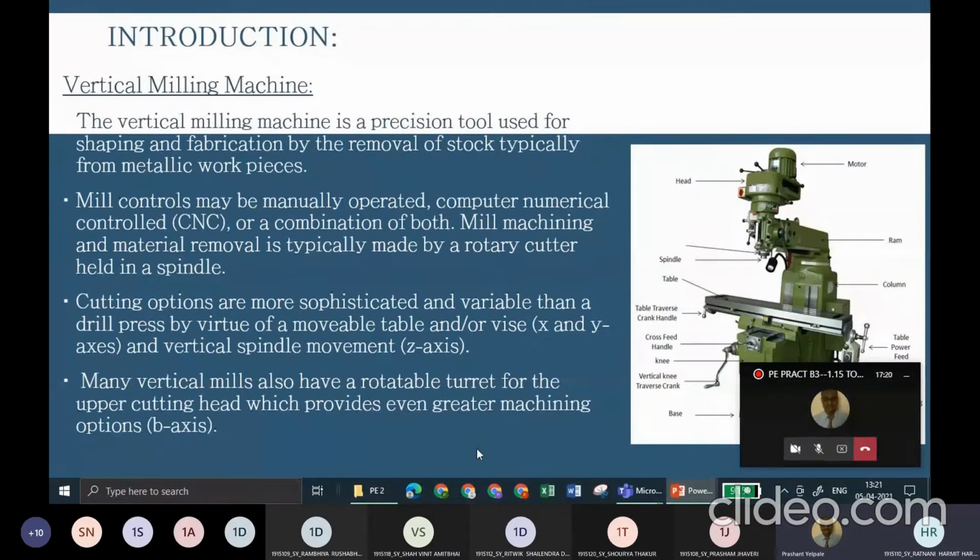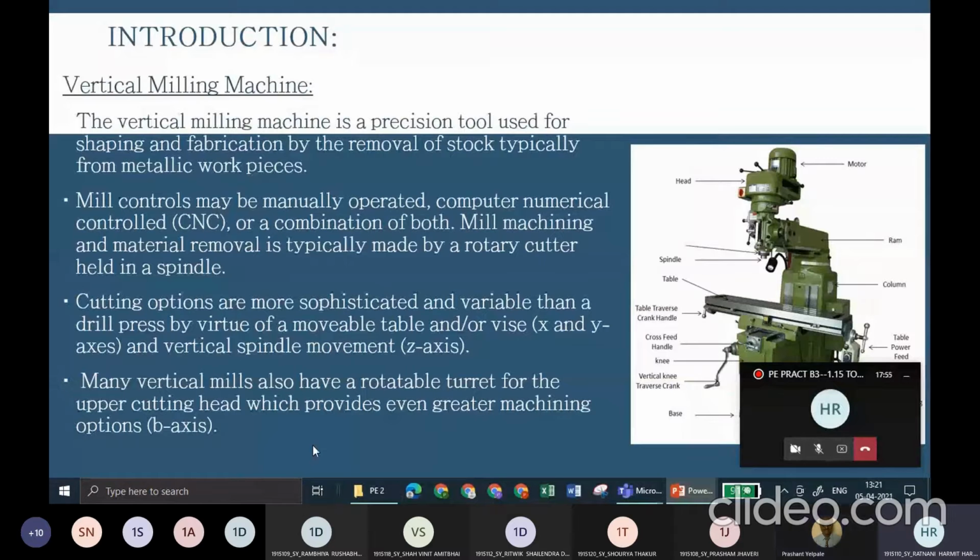Basically, a milling machine is a precision tool used for shaping and fabrication by the removal of stock, typically from the metal workpiece that we use. The vertical milling machine can be subdivided into two types: the turret milling machine, in which the spindle and table move perpendicular and parallel to the axis, and the bed milling machine, in which only the table moves parallel to the axis.